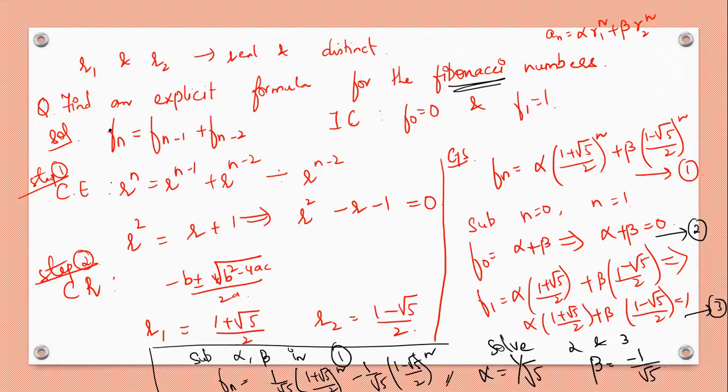Why do we need this? I have already said in the earlier lectures that if we want to find F50, we will need F49 and F48. But here, if you want F50, you can directly substitute into ((1 + √5)/2)^50 and get the value directly. You don't need to depend on the previous sequence. That is the reason we find explicit formulas for our recurrence relations.